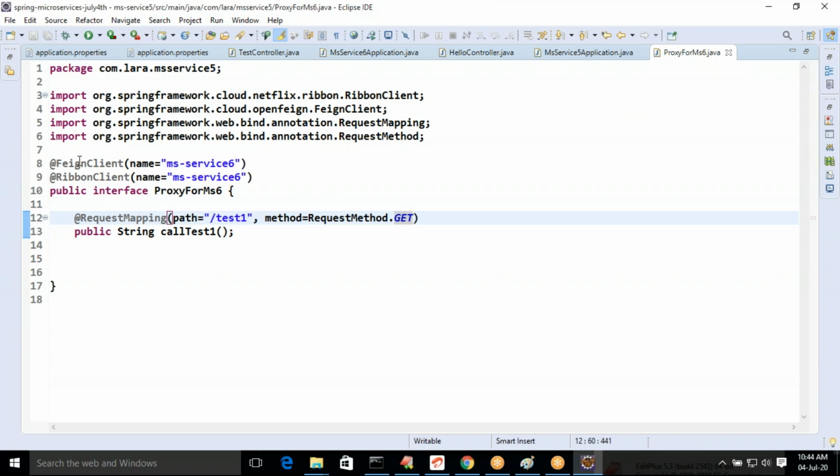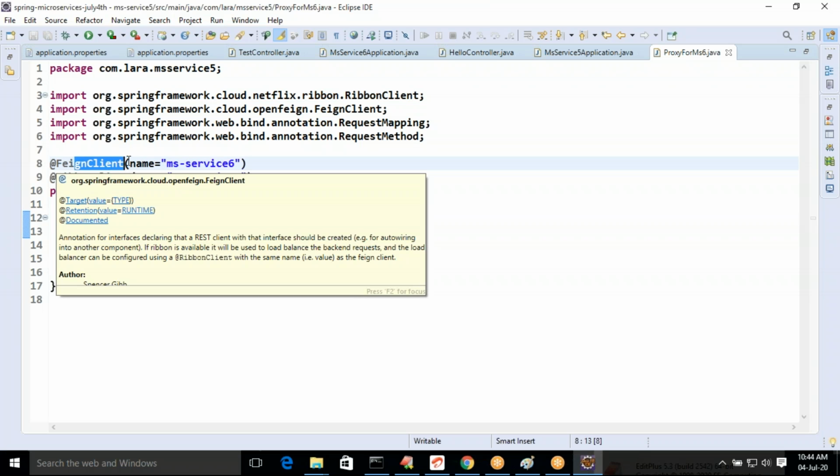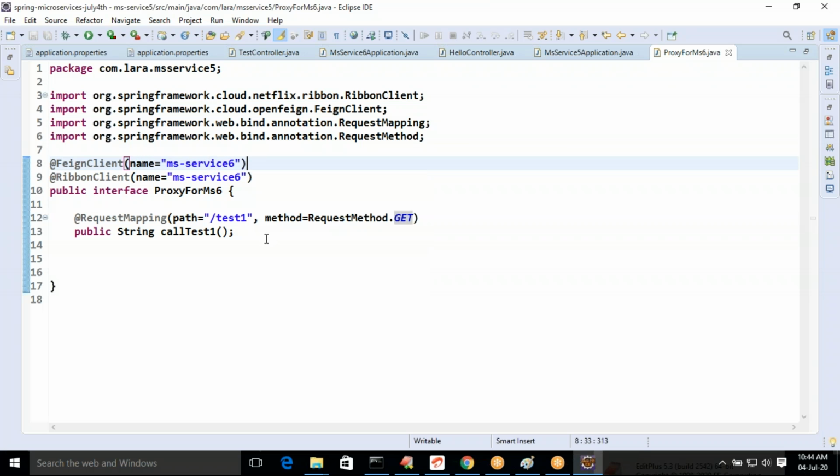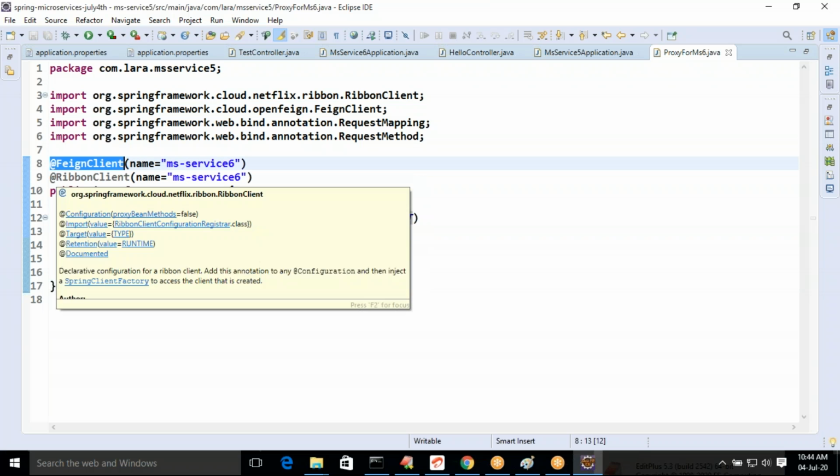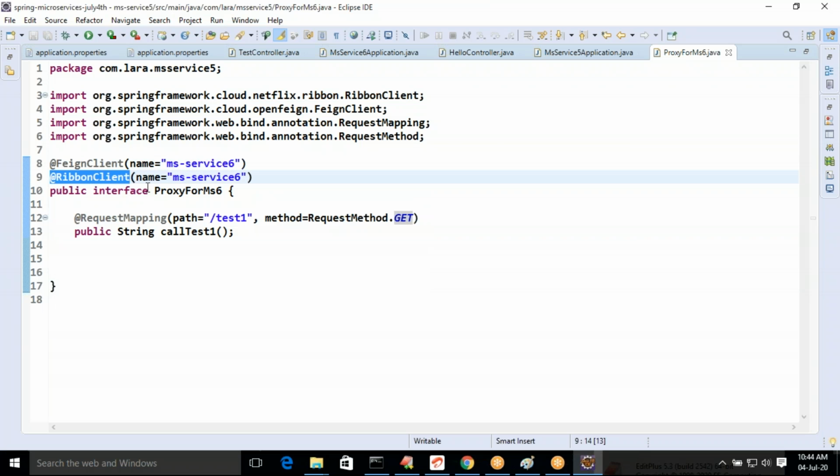Remember the main difference. Earlier we were using a Feign client with a name and URL. Now there is no URL. So what Feign client will do is approach the ribbon client. The ribbon client is maintaining multiple instances for MS Service 6. Any one instance of MS Service 6 will be given to the Feign client.